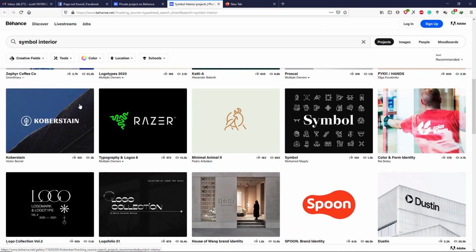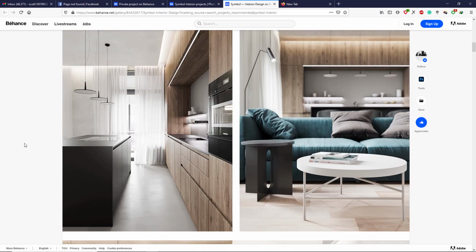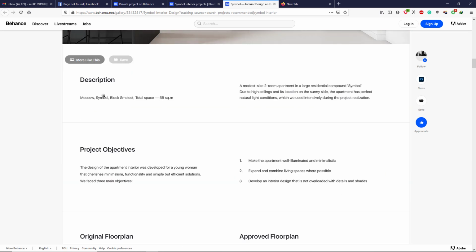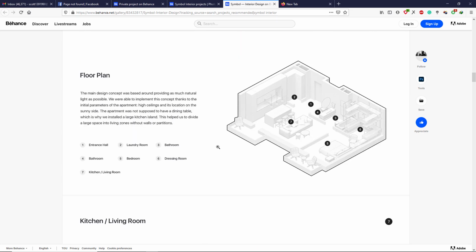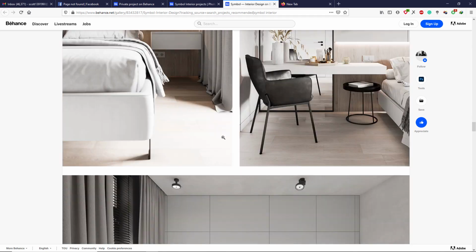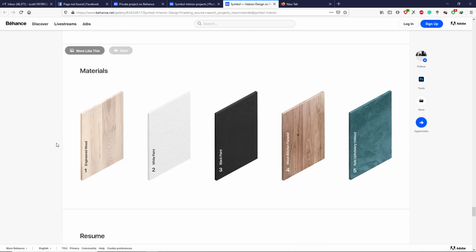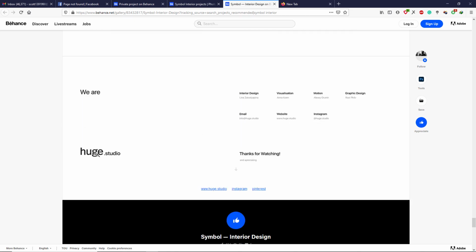In this course we are going to pick a project from Behance and try to replicate it inside Unreal Engine for real-time purpose. As you must be aware, real-time technology has gained momentum in recent years. Unreal Engine provides an entirely new experience of walking around the 3D scene and interacting with it.